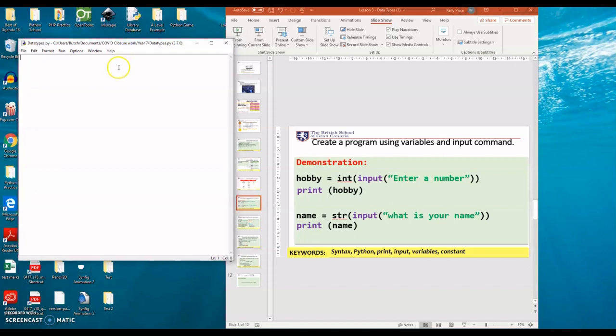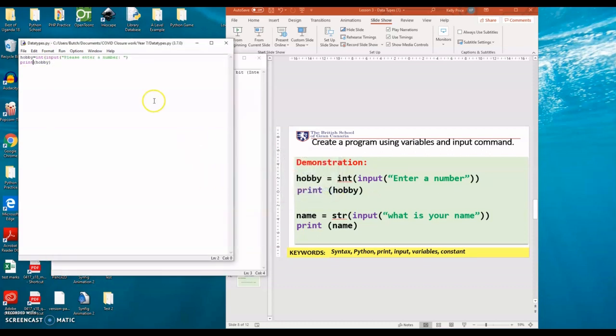I'm just going to put in hobby, and I'm going to put int input, please enter a number. Then print, and I'm going to ask it to print my hobby. Now when I run this,